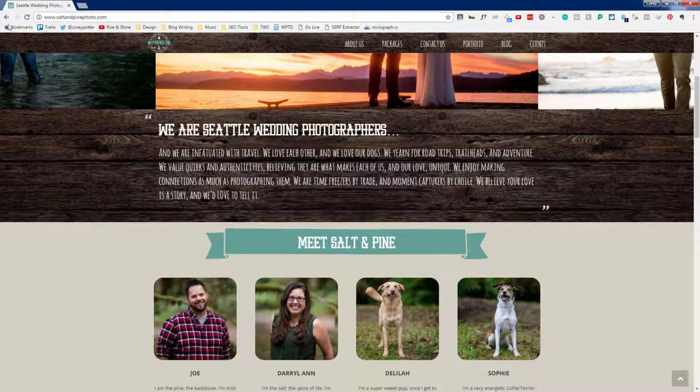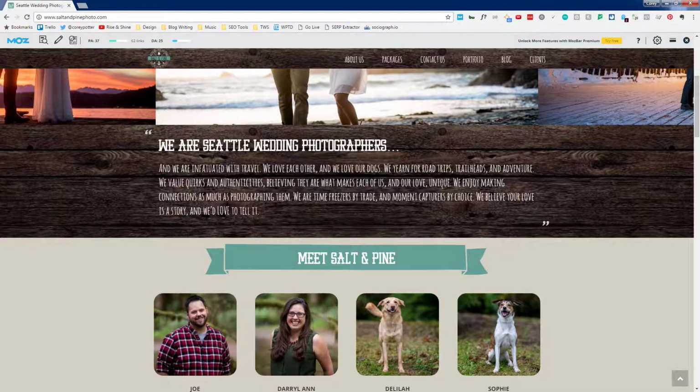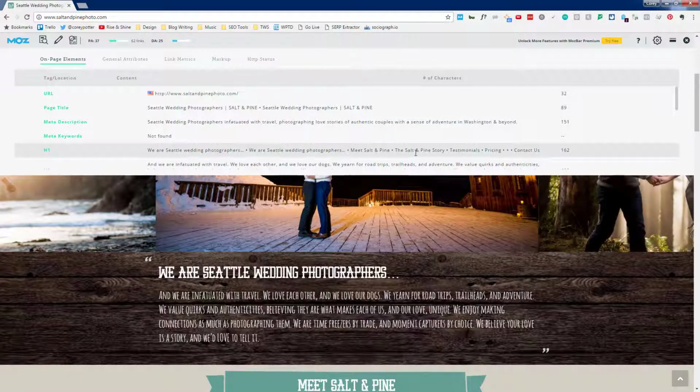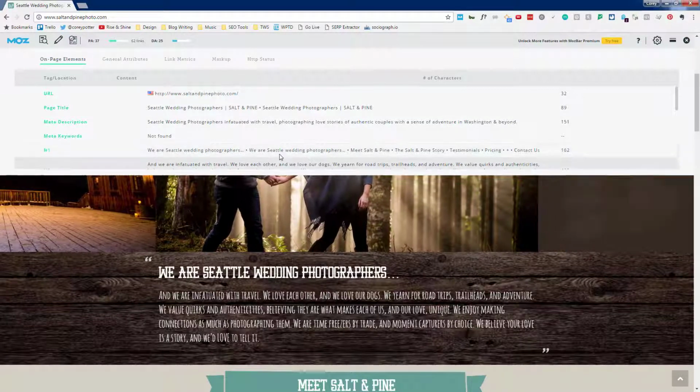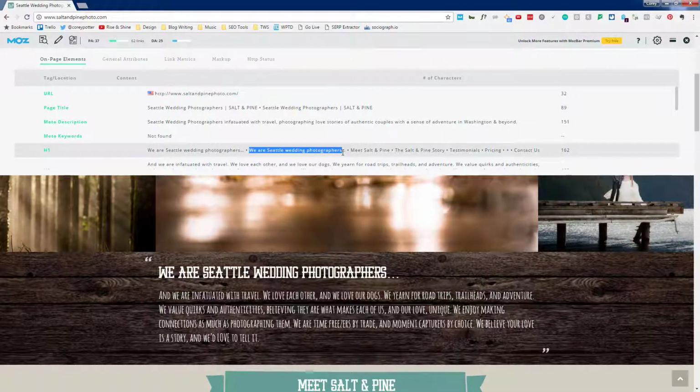Let's see if this is the H1. We're going to go ahead and turn on the Moz bar and do a little bit of the quick SEO analysis. Okay, so H1: Seattle wedding photographers. Okay, so you have multiple H1s on the page. I would recommend trying to figure out if you can take these other things and make them H2s,